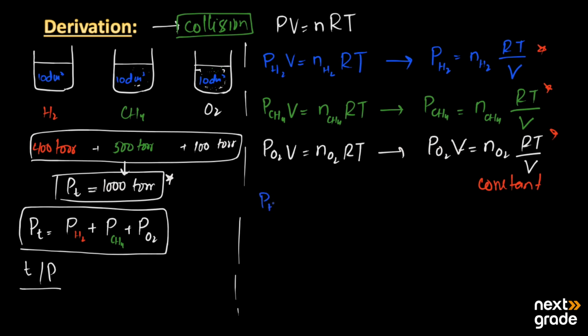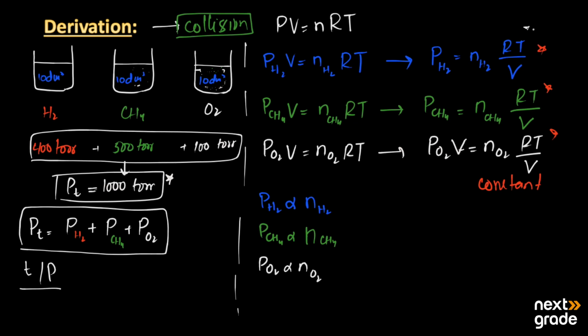the partial pressure of hydrogen gas is directly proportional to the number of moles of hydrogen, and the partial pressure of the methane gas is directly proportional to the number of moles of methane, and the partial pressure applied by the oxygen is directly proportional to the number of moles of the oxygen gas. It means